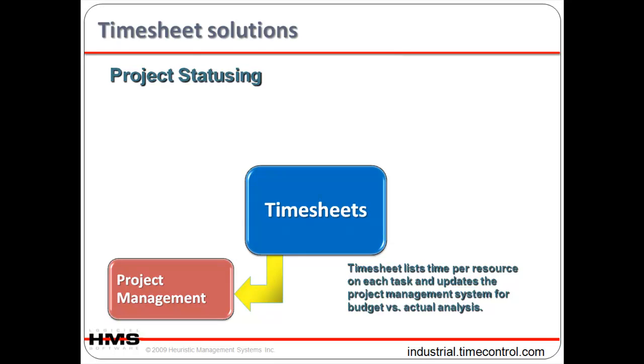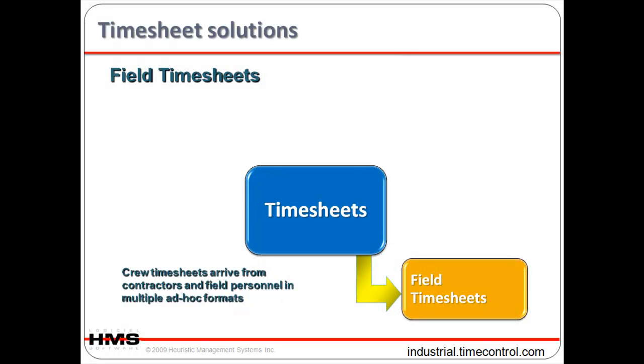And if you work in heavy engineering, heavy construction, or plant maintenance, anything where the employees might not have access to a terminal or a desktop, but in fact may be working in the field, then field timesheets means collecting what people did with their time, not just whether they were there or not. So we can gather that information together and not only take care of payroll, but take care of job costing